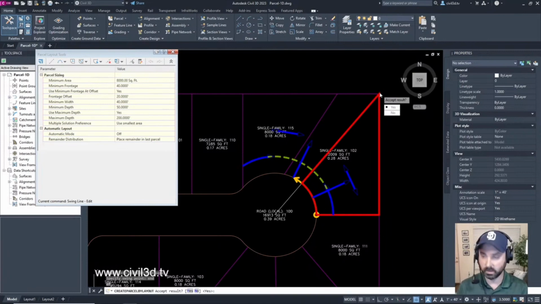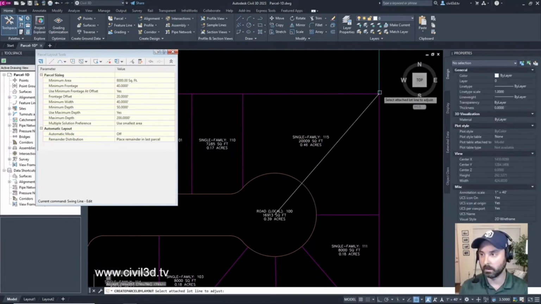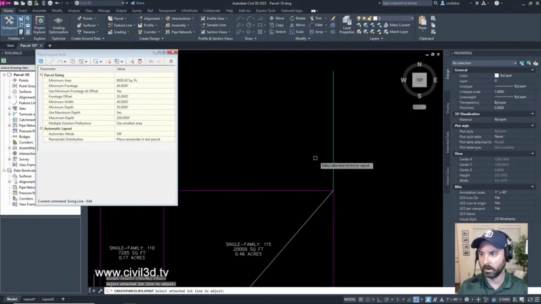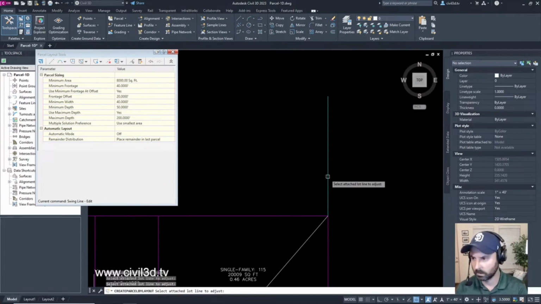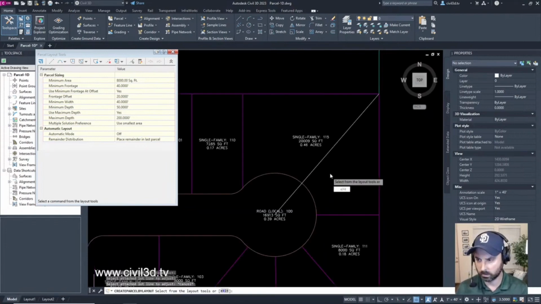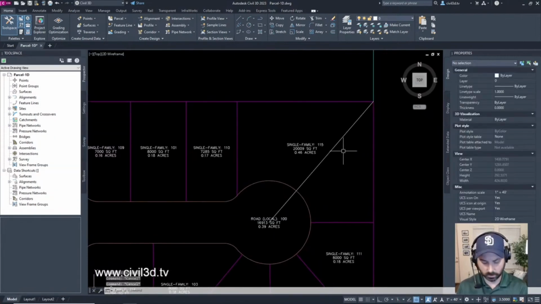Accept the result. Yes. I bet you it's going to crash on me. We'll see. Oh, it's giving me a goofy result. What is going on here? I think it's because I'm confusing it with this corner. I'm going to undo this.